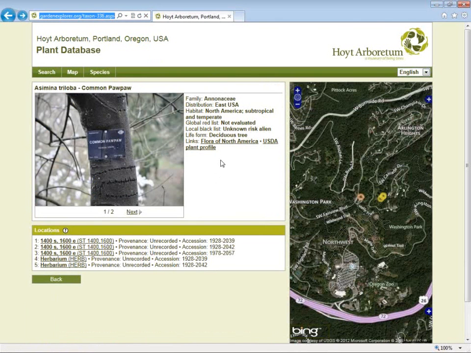So the visitor, if he walked this path and came to this area in the garden, used his smartphone and scanned the barcode, he will be given this screen, and then he could read about more details about the plant. Now, a lot of gardens have thousands and thousands of plants, so this is a management question. How do I get all my QR codes established? Well, in Iris, if I go back to my